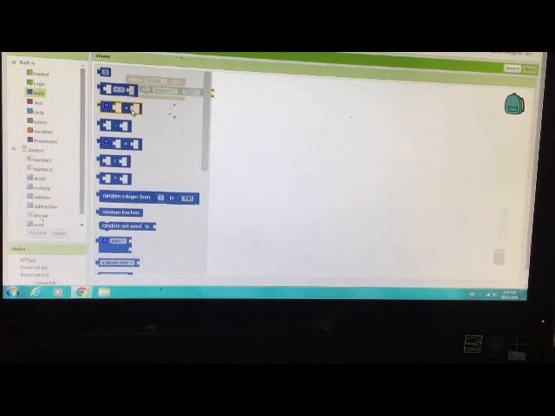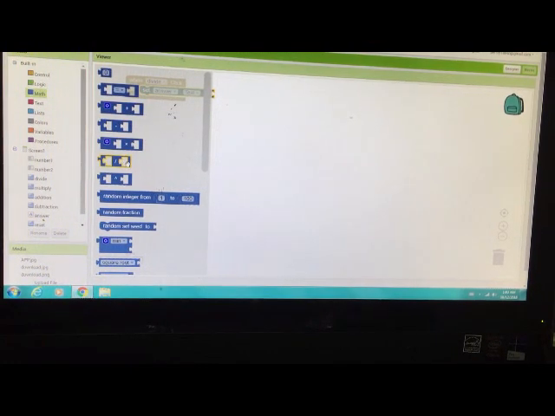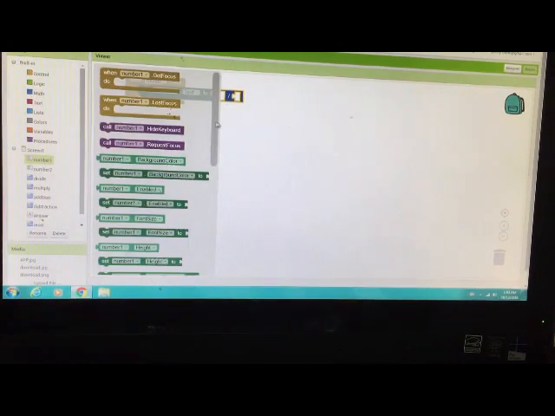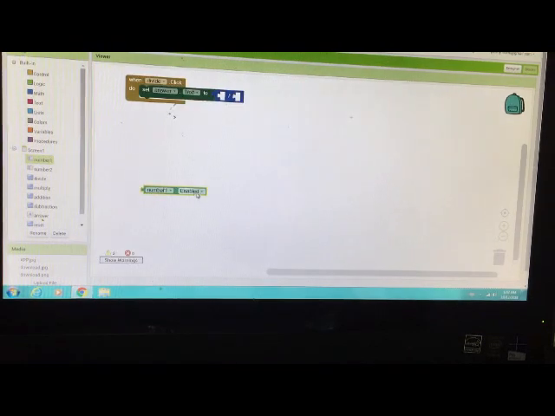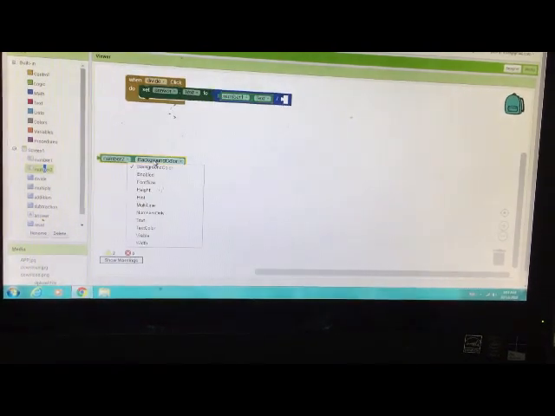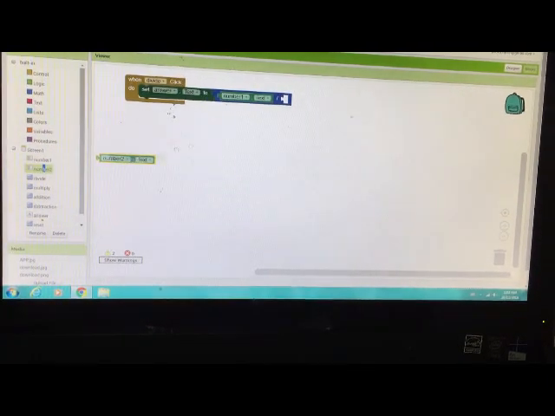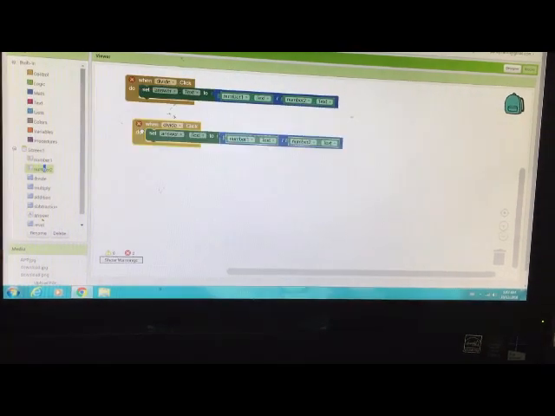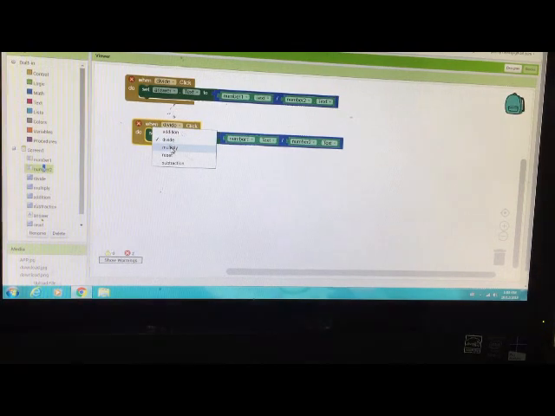then we need to go on math and take the division box and put it over here, and then go on number 1, then take this one, number 1 text, divide by number 2 text. So our divide button is set, so we will now duplicate this and set this on multiply,